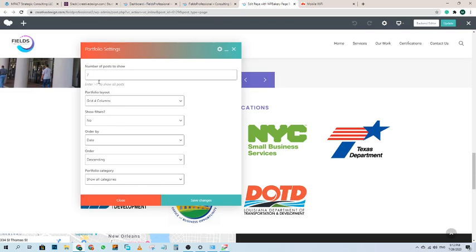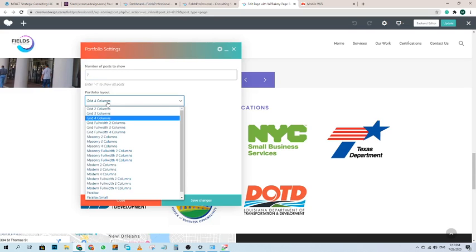Here you can change the number of your posts or certifications, that is, how many certifications you want to show. Here you can only change the number of posts, and if you want to show your posts in 3 columns, 2 columns or 4 columns, you can select that from here.